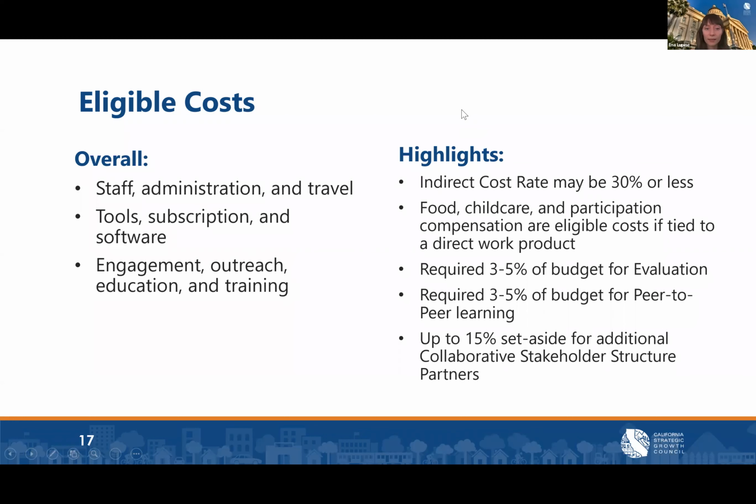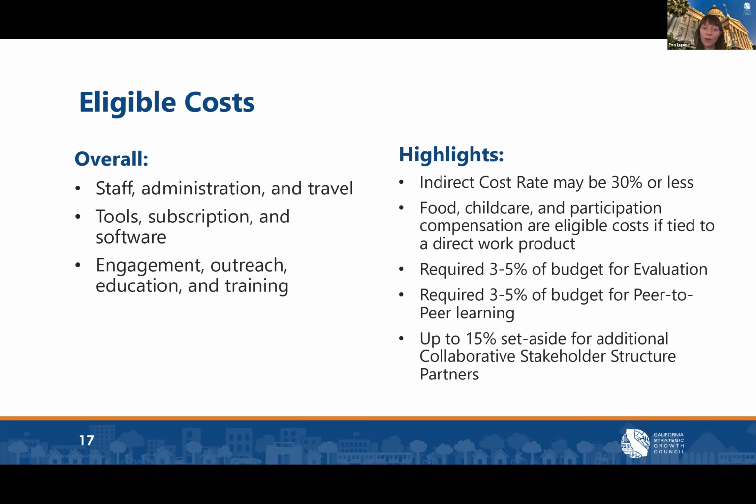Some of the highlights here is that our indirect cost rate is capped at 30%. We offer food, childcare, and participation compensation as eligible costs as long as they're tied to a direct work product. And we do require that applicants set aside 3 to 5% of their budget for evaluation, as well as 3 to 5% of their budget for peer-to-peer learning.